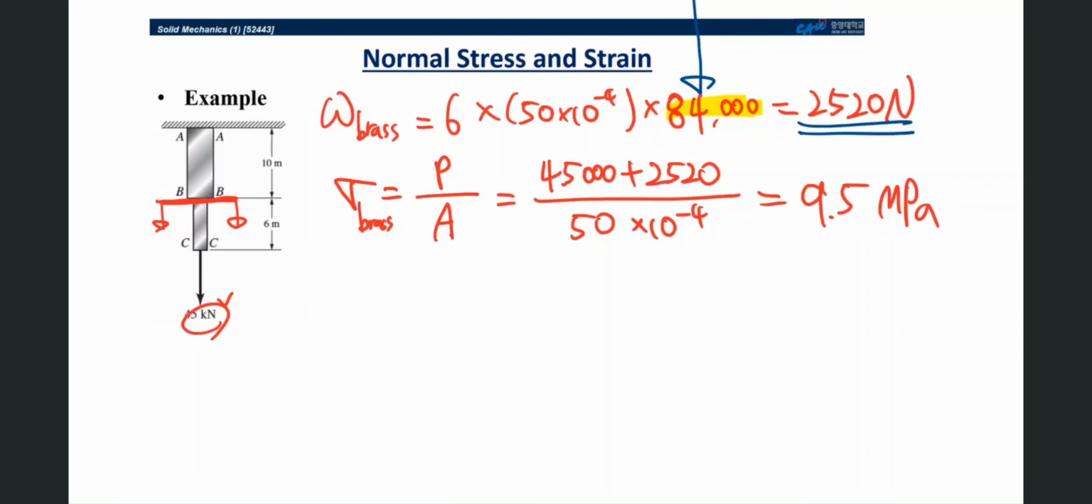Actually, we can follow the solution process. Again, the maximum stress in the steel bar occurs at the section AA. This one, section AA, right? The point of suspension, because the entire weight of the steel and brass bar gives rise to normal stresses. So we have to consider the entire weight of steel and brass, right? So the weight of the steel bar